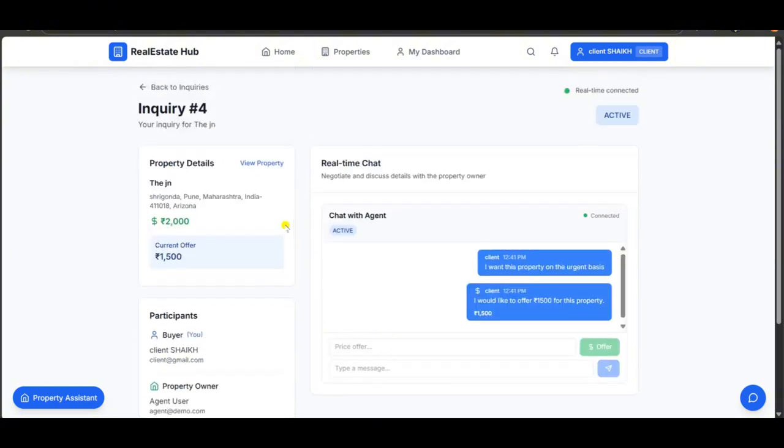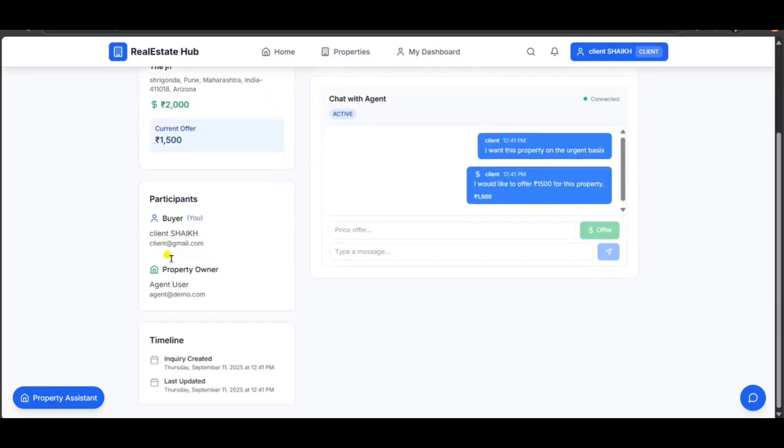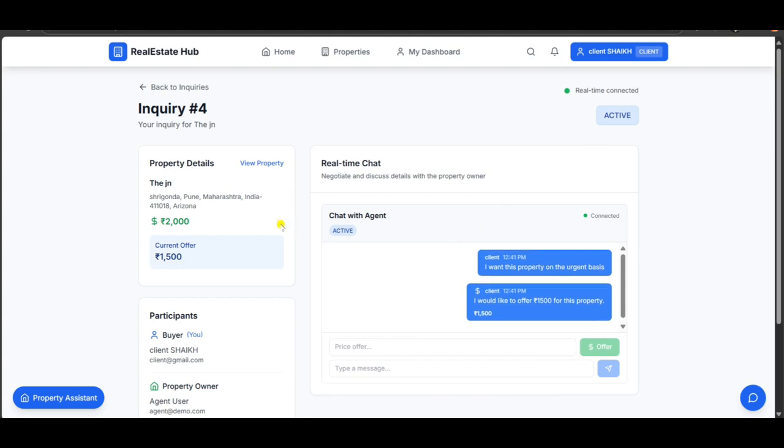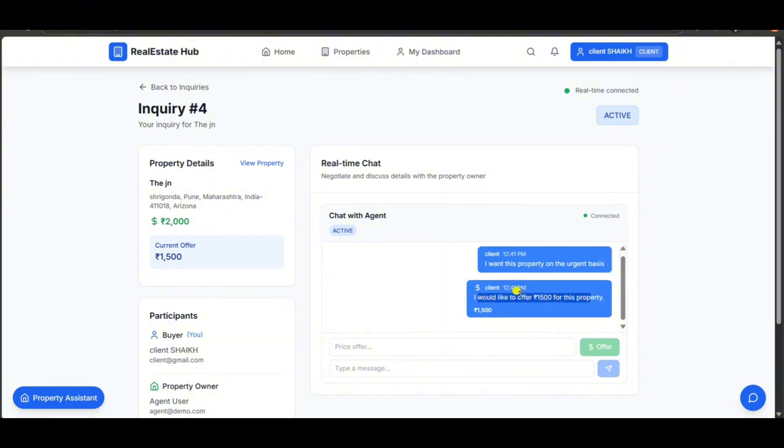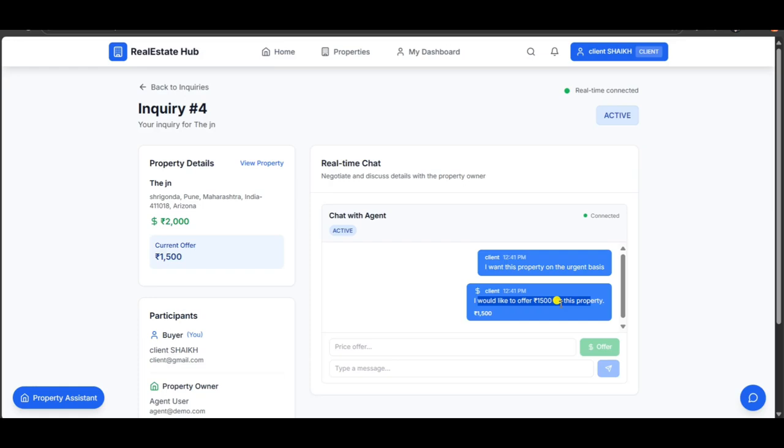So this time it is done, and you can see, guys, this is the inquiry window, and this is inquiry number 4, and it is active. I have offered a 1500 price, and for the agent user we can see its email ID, and this is the chat window, a real-time chat window. We can see the timeline, the date and time when this chat window was created, and how it is going on, all the details. It is implemented using WebSocket, guys. WebSocket is the technology for real-time chat. For this real-time chat application, I have integrated it for the communication between the client and